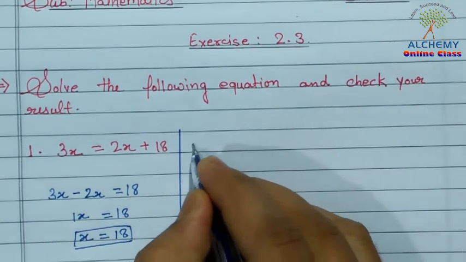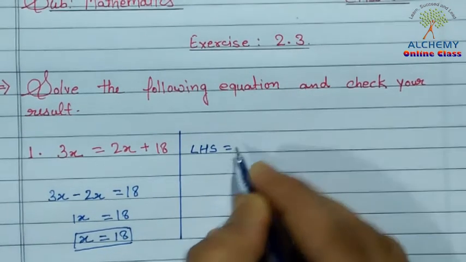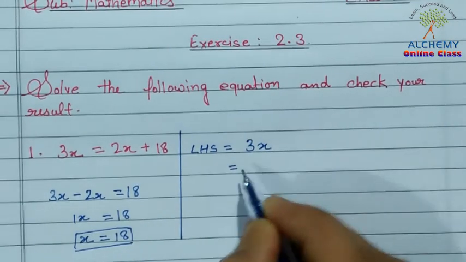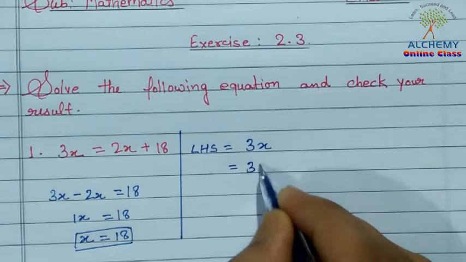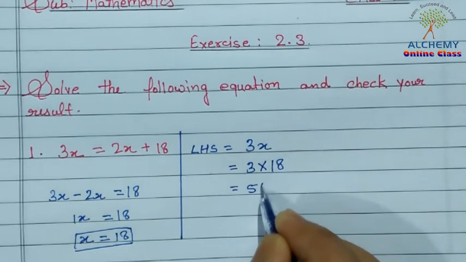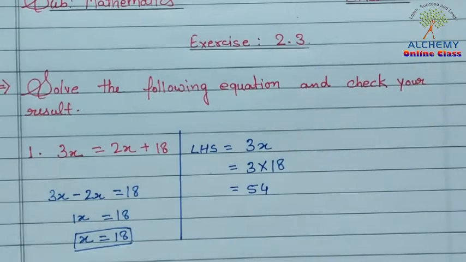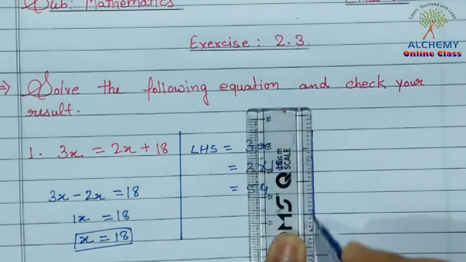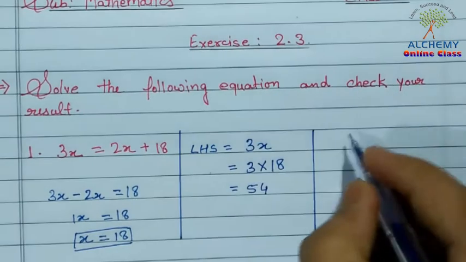So that is LHS is equal to 3x, and the value of x we got here is 18. So 3 into 18, that is 54. Okay, now we can see we can solve the right hand side. Okay,